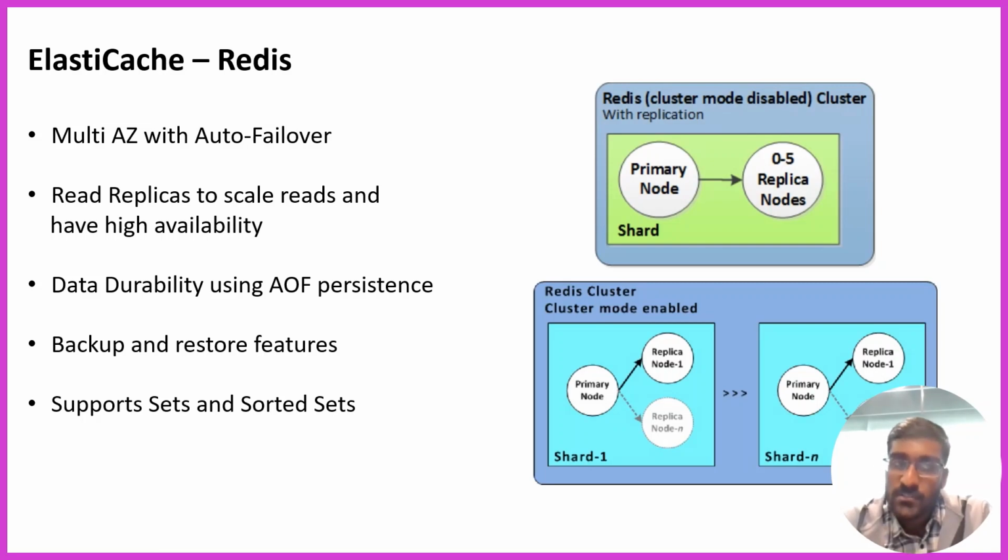Backup and restore features. Redis provides mechanisms for backing up and restoring your data, which is essential for data protection and recovery. For example, you can use Redis built-in backup and restore tools to create snapshots of your data. These snapshots can be stored in AWS S3 or other storage solutions for safekeeping. In case of data loss or corruption, you can restore your Redis instance from the recent backup to recover the